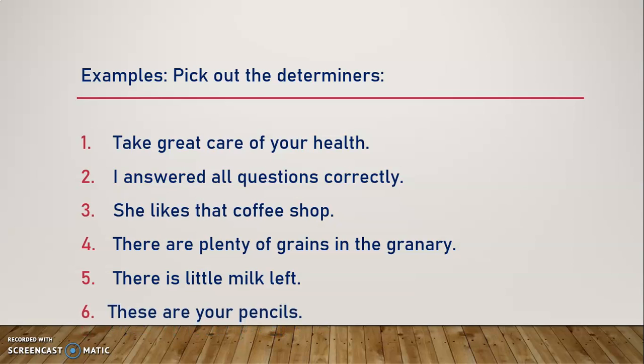In the sixth sentence, now you will be getting a doubt. Why can't we take these as a determiner? If it is a demonstrative determiner, then after this, there will be a noun. Here there is no noun. So this is not a determiner. If you want to know more about these types of sentences, then you should refer to the previous video, which I have already mentioned in the beginning of the video. There I have given a clear idea about it.